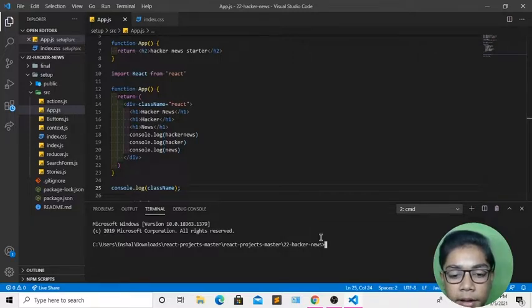So I will select the location of local disk E. If I press enter, you can see we are in our local disk E. Then here you have to make your React app. So here I will be writing npx, because previously I told you npx is a command for creating a React app, and npm is a command for running your React app on your localhost, in your default browser like Chrome or Opera which you are using.